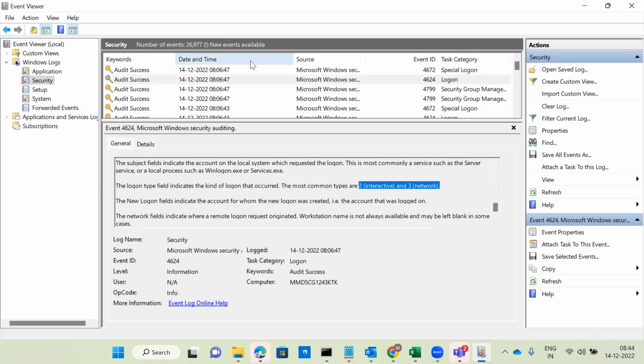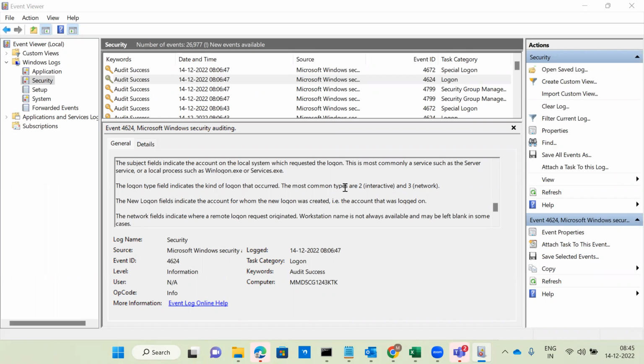This entire question also comes up: what are the different logon types as per Windows? In total we have 9 logon types as per Windows. For example interactive, network, network credentials, plain text, remote cached, network remote cached, scheduled task. In total 9 logon types. That is a separate topic, I will discuss that later.